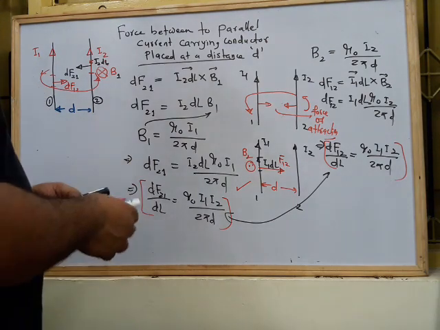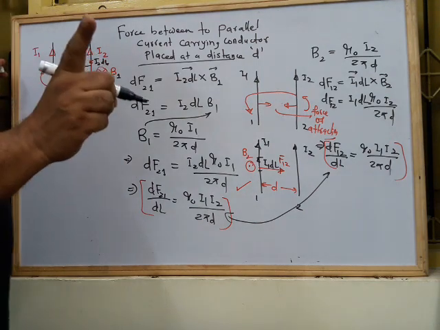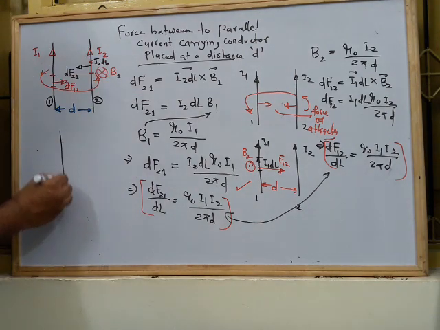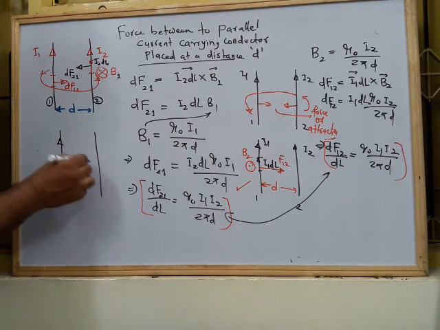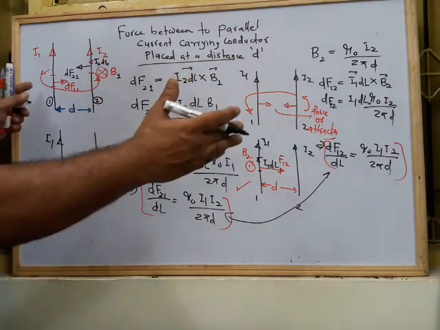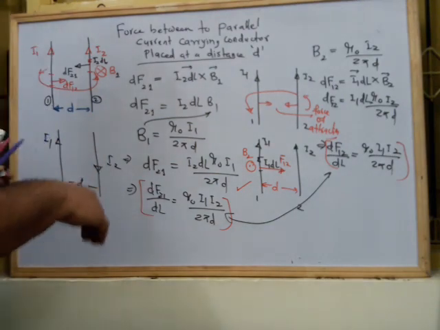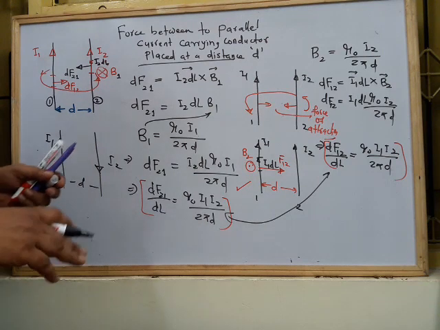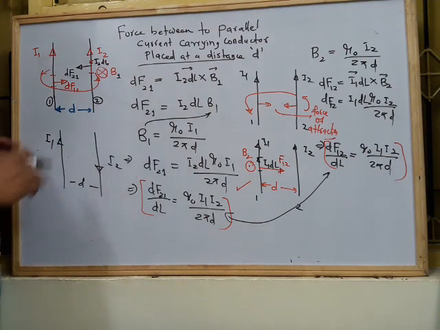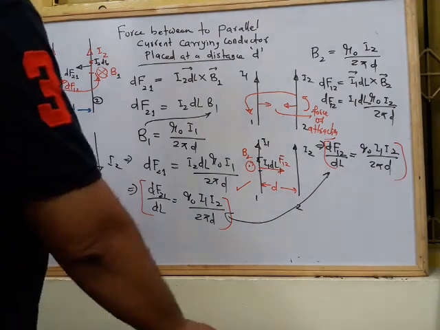Okay, now in the next part, it is your home assignment to find that if two wires are carrying current in the opposite direction, say this is current I1 and this is current I2 and their distance is d, then what force exists? Is there a force of attraction or a force of repulsion? That one you will explain to me and send me the reply on WhatsApp personally. Okay, so the answer you should tell me, or if you do not know the answer, I will discuss it later in the next class.